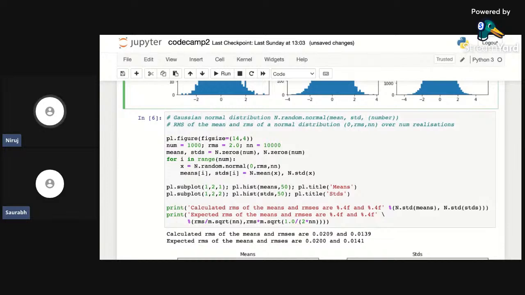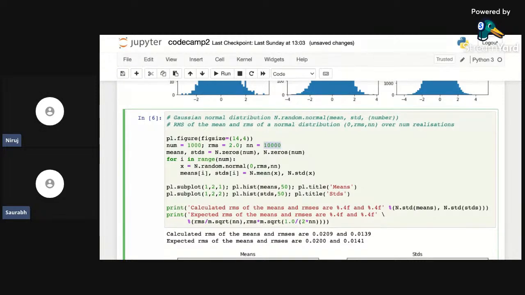Again, I'm going to assume you know some concepts about random distributions already, Gaussian random distributions. So what I'm going to do now, though I will go through it again, I will take 1,000 numbers. Right? So I'm going to generate 1,000 numbers. The RMS is going to be 2, okay, and the mean is going to be 0, and I'm creating. I'm sorry. We're going to create